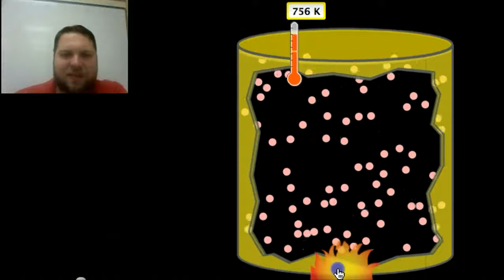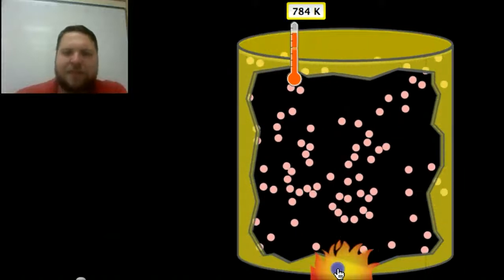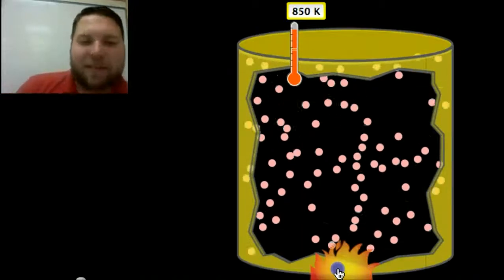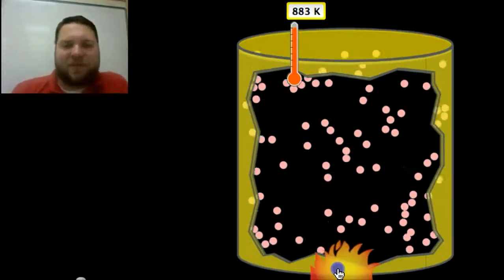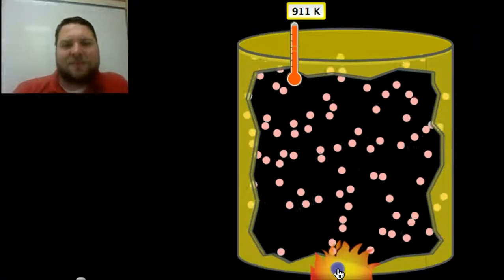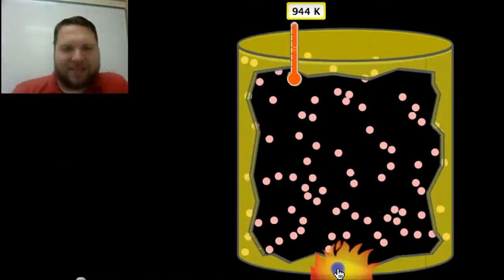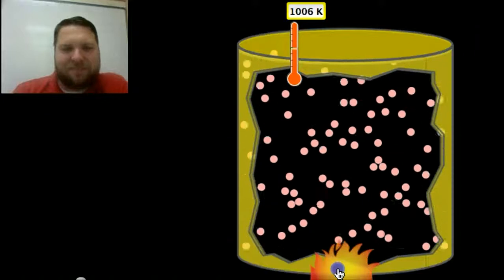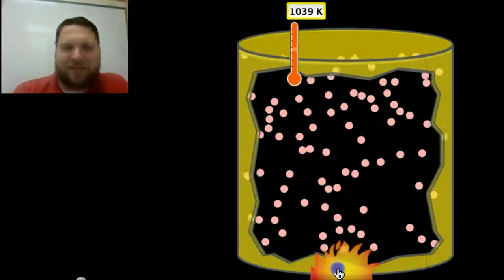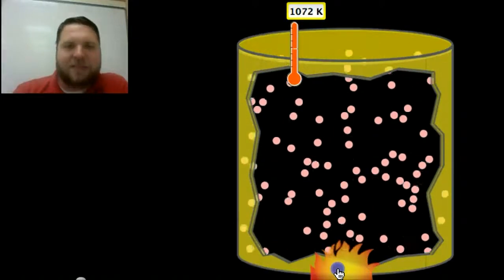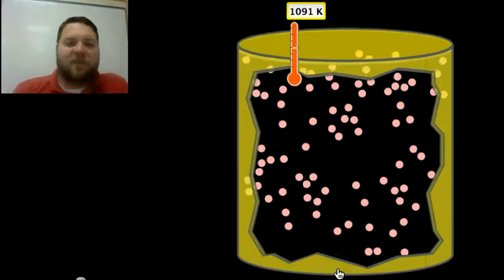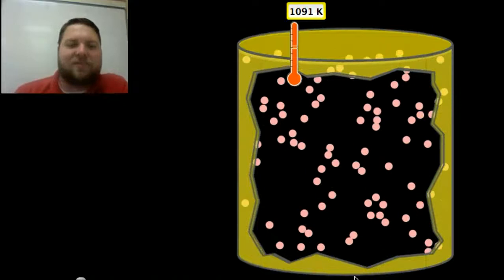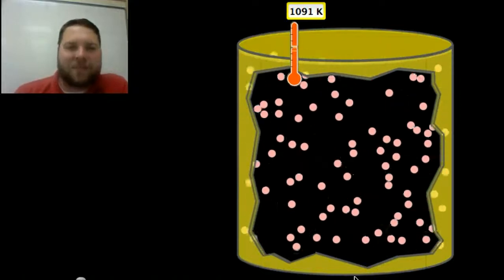And we can run this simulation into the ground, but the simulation is never going to show us what happens next. Because what happens next is frankly kind of incredible. We'll get this up to about 1,000 kelvins, and you can see that the atoms will be moving really, really fast. But this poor simulator can't really tell us what comes next. Because once you've heated up a gas enough, it turns into a new state of matter that we call a plasma.